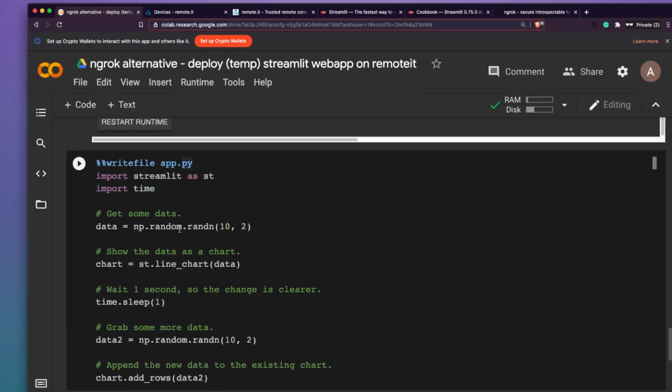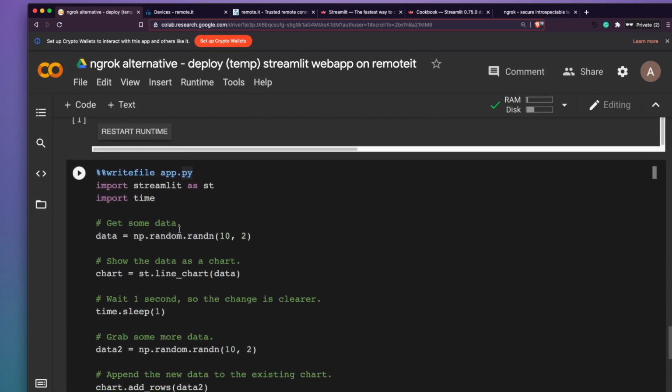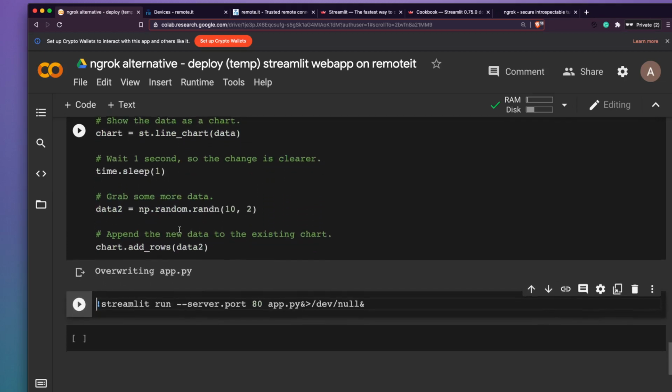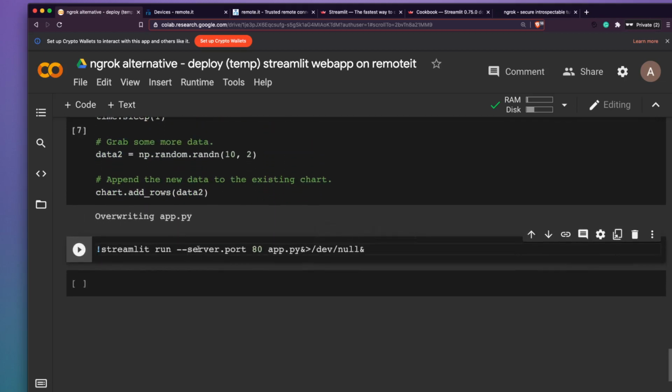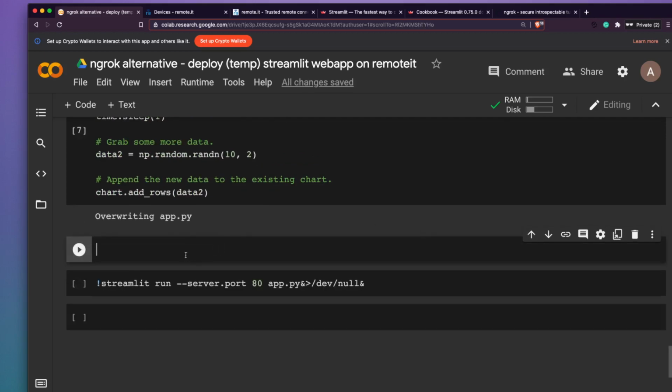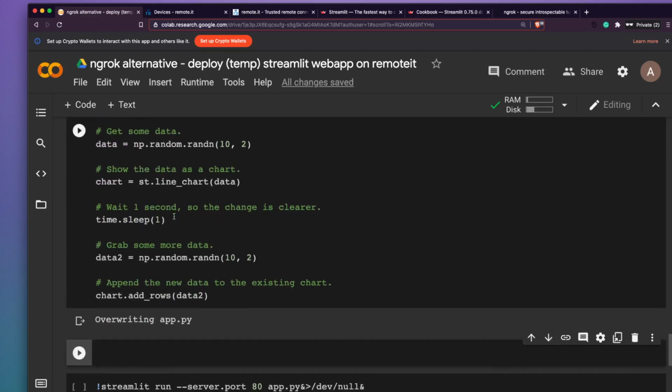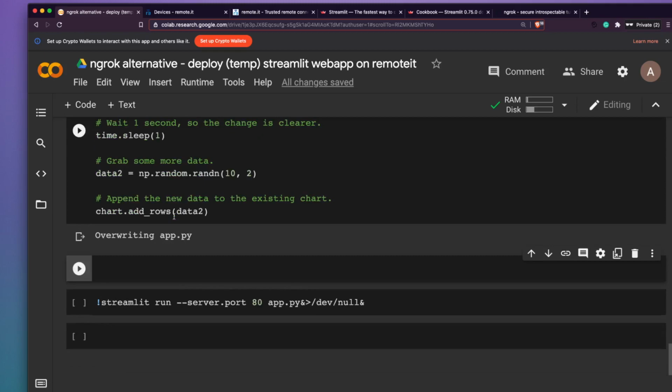So overwriting on app.py, because I've already got app.py, and this application is not the subject of this video, so I'm going to skip it. But basically we have a bunch of charts. After we overwrite, usually what we do to run a Streamlit application is, let me quickly show you, streamlit run and then the app name. When you do that, by default Streamlit runs on a certain port, certain IP, all those things, and also it runs in the foreground, so you cannot basically stop it.